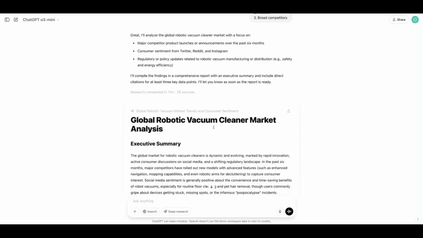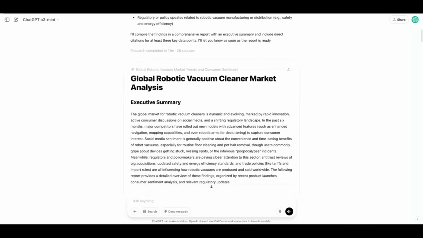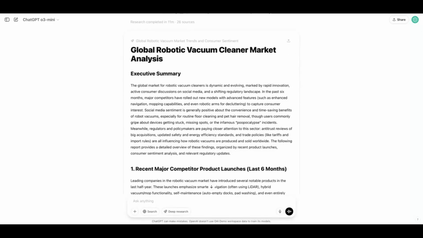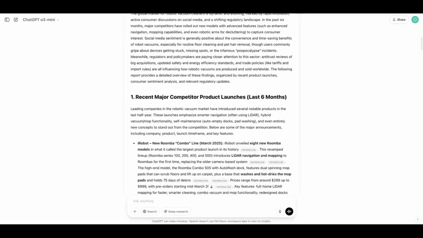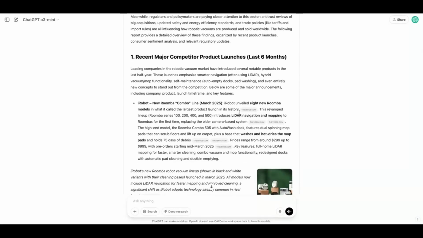Let's go ahead and take a look at the report. As mentioned in our prompt, we had a handful of goals. Goal number 1 was for an executive summary. As you can see, deep research started with this executive summary, highlighting what's to follow throughout the report. Another goal was to understand major competitive product launches over the last 6 months. As we walk through this report, we can actually see the citations are listed next to each component. And if we wanted to get more thorough information, we could click on the citation, which would take us directly